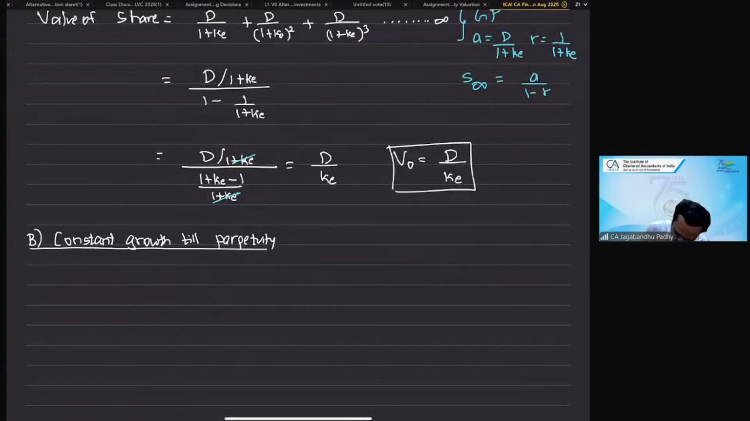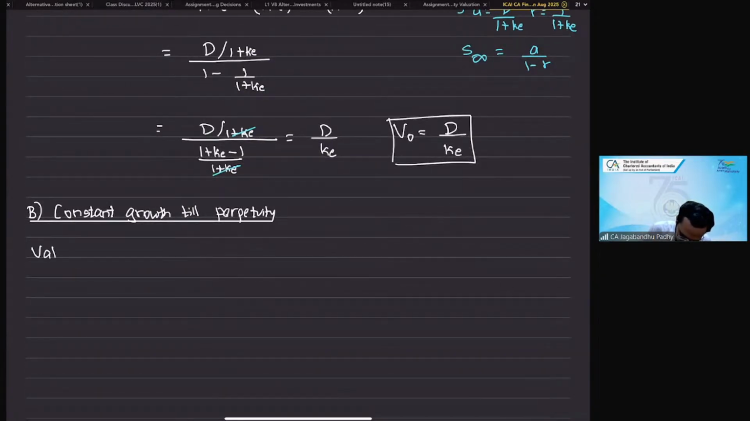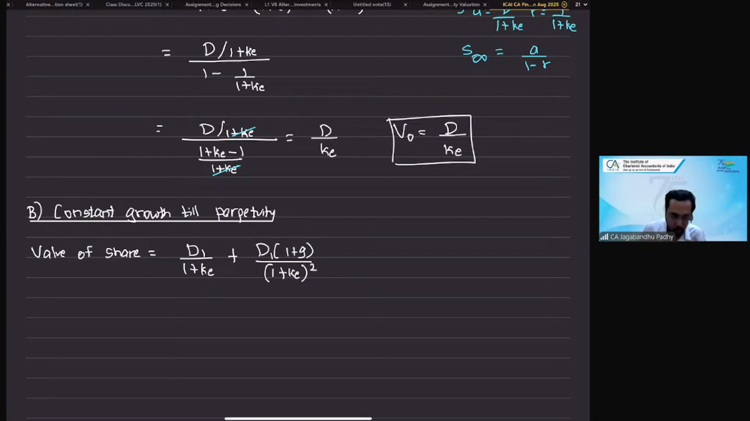When we're saying we are having a constant growth till perpetuity, value of share is going to be equal to, of course, the same logic that we have. The first year dividend discounted at 1 plus K. Then the second year dividend is going to witness some growth in it. So it's going to be D1 into 1 plus growth, and then you discount it by 1 plus K square. Then the third year dividend is D1 into 1 plus growth square upon 1 plus K cube. And then this goes on till